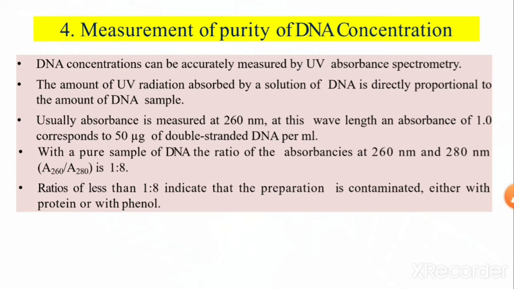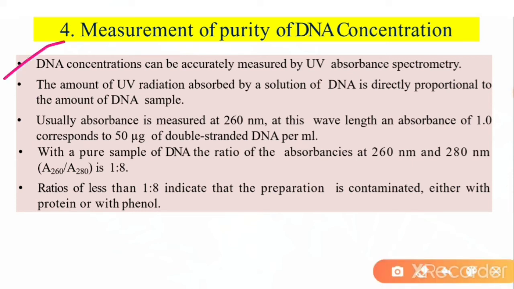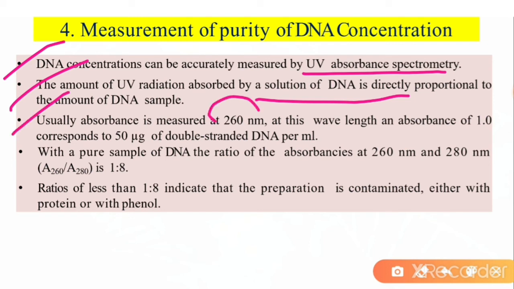Next is the measurement of purity and concentration of DNA. DNA concentrations can be accurately measured by UV absorbance spectrometry. The amount of UV radiation absorbed by a solution of DNA is directly proportional to the amount of DNA in the sample. Usually, absorbance is measured at 260 nanometers, and at this wavelength an absorbance of 1 corresponds to 50 micrograms of double-stranded DNA